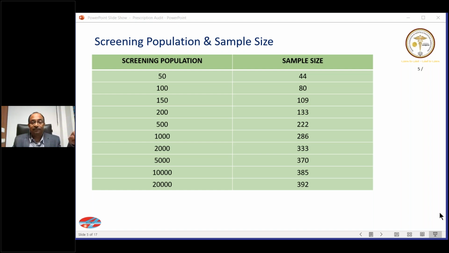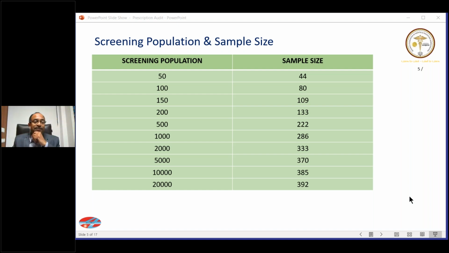So we have 6,250 prescriptions in a month. And remember, we said that in one month we will do the medication order audit, and in one month we will do the prescription audit. So in the month that you are doing the prescription audit, you will have 2 months of data. So what is the total number of prescriptions in the population you have? 6,250 into 2, isn't it? 2 months? Understandable? Easy to work out? Yes, sir. Absolutely. Now, 6,250 into 2 means 12,500 is your total population size.